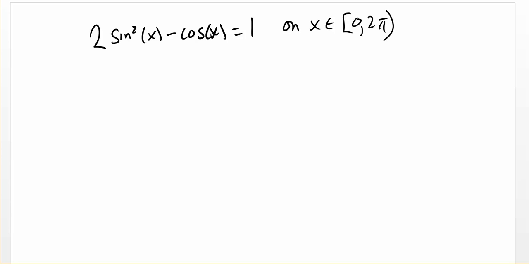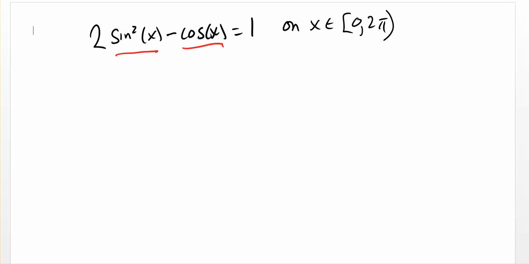I've been asked to solve this equation for x, an element of 0 to 2 pi. But what I'm going to do first is find all solutions and then generate the solutions that fall within 0 to 2 pi. The first thing I notice on this problem is that we have a sine squared here and